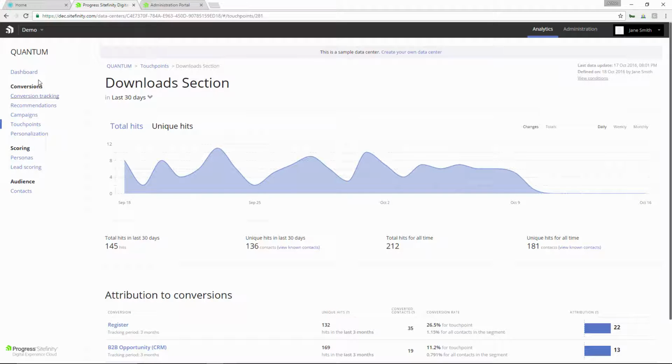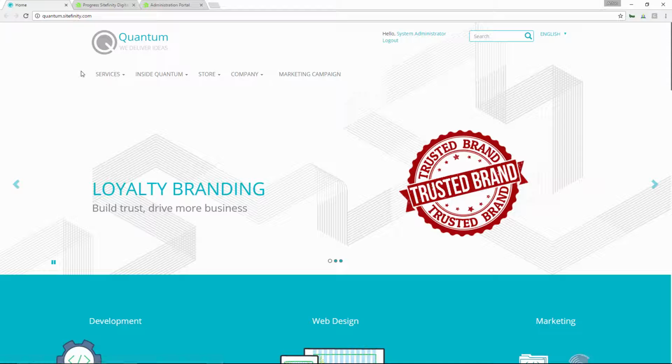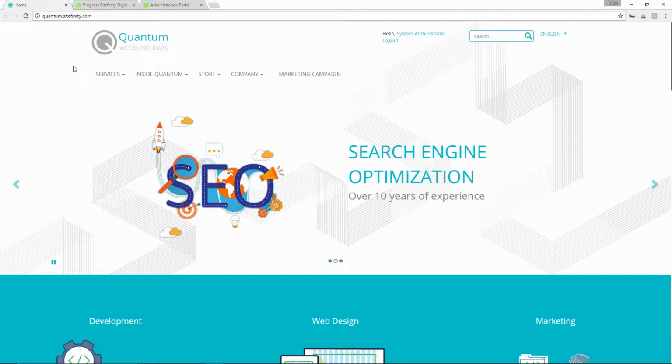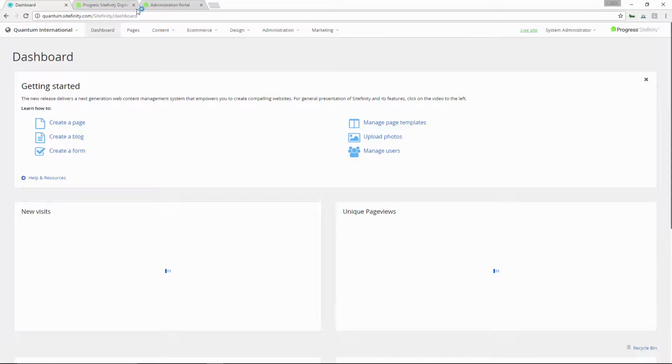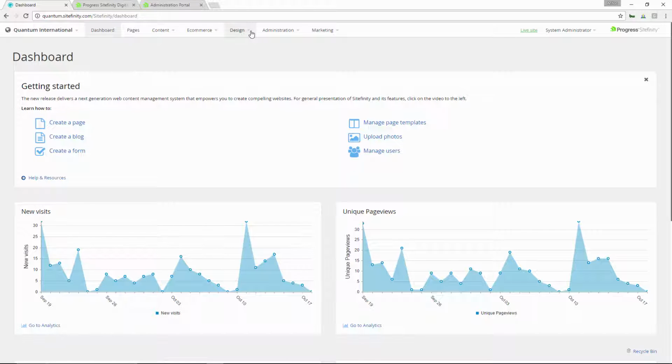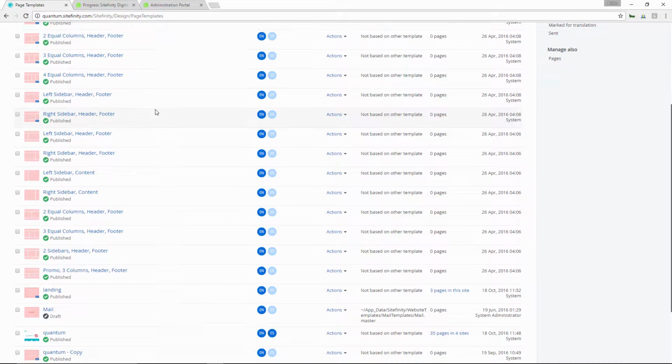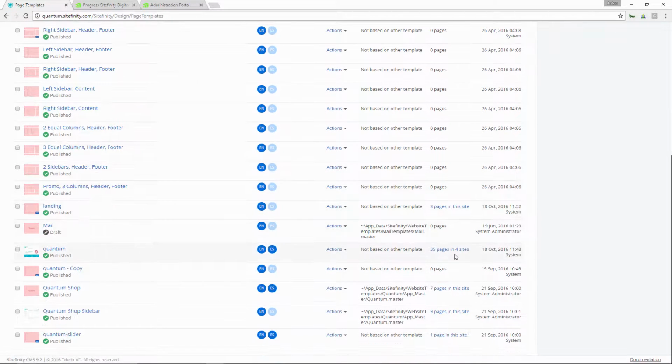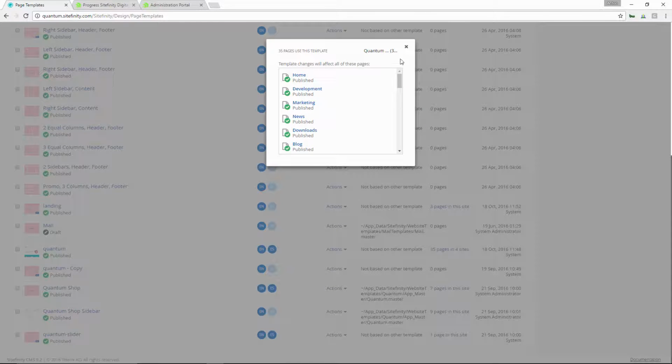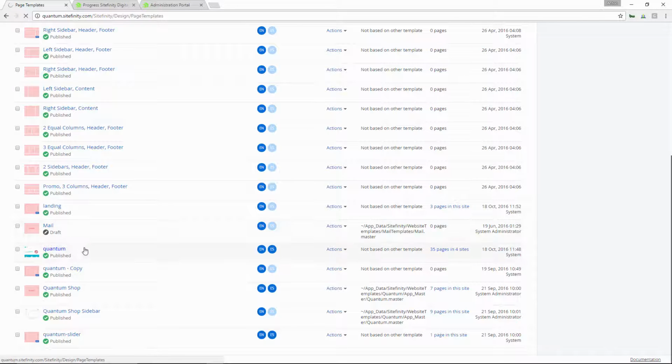All right, so let me shift gears back to the website and show you the revision history for page templates. Now we have a page template that has the logo on this template. Now let's go to the CMS and go to the design area where we have the page templates and take a look at this main page template. So right now we have a lot of templates, but we can see that most of them are not being used. There's this Quantum template that's currently being used by 35 pages in 4 different sites. So if I open the template,